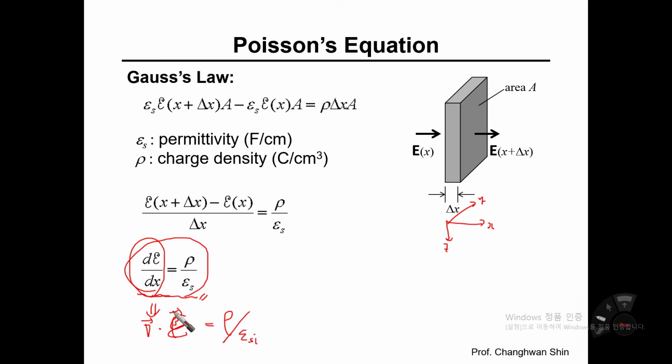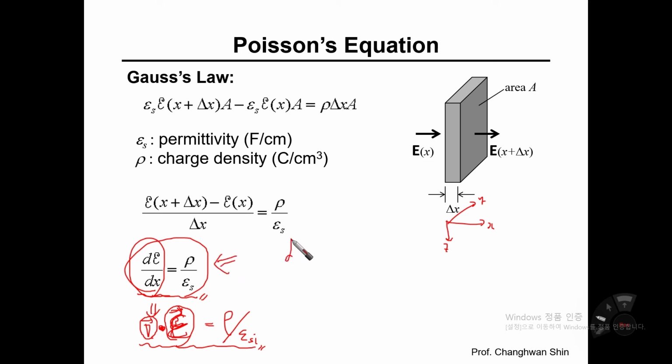Okay, so electric field intensity should be described and expressed with a vector, and this del indicates the differentiation value of this vector. Herein I don't want to go into more details on the three-dimensional vector analysis. I guess you have a chance to learn some details on vector analysis in calculus class as well as in electromagnetic class. So herein, to make our life much easier, I'm going to use a one-dimensional analysis even for Gauss's